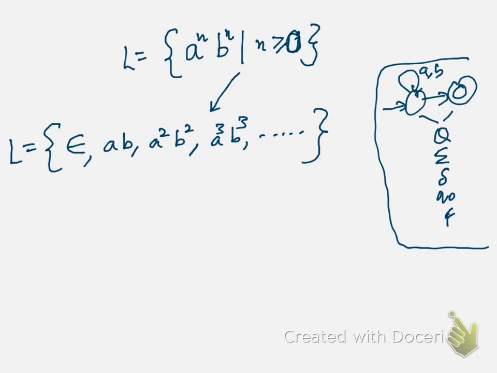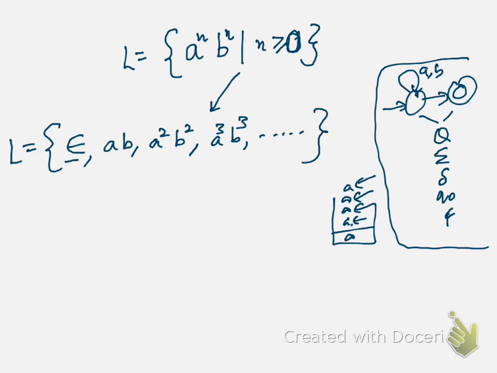You just push every A in the stack, and whenever you see a B, you pop. We have said that you actually push a blue ball whenever you see an A and you pop the ball whenever you see a B, and at the end your stack should be empty. Since we do not write it as balls here, we can simply say that whenever I see an A, I push an A here, and whenever I see a B, I keep on popping this A here. Okay, so we'll start right from the transition diagram.